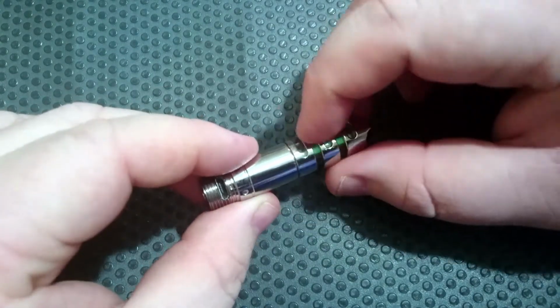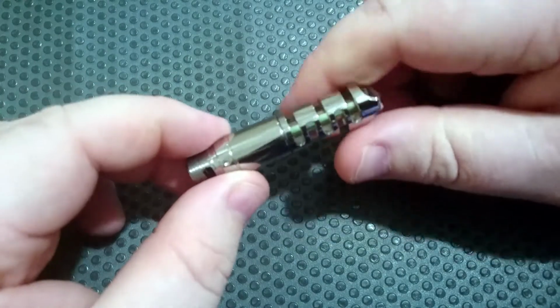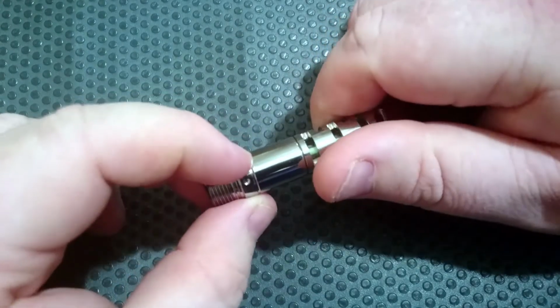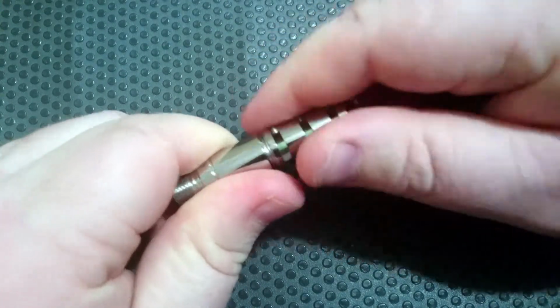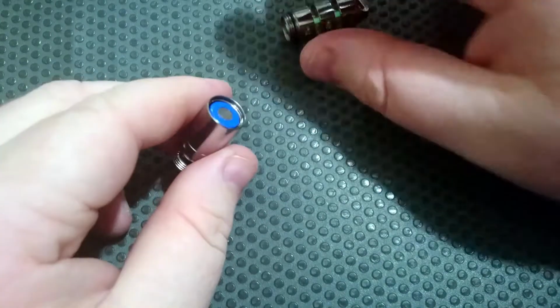It's kind of hard to get a rounded edge unless you want to get out a file or sand it down by hand, which you could do yourself if you wanted to make it feel better, but it's not too much of an issue. Look at these very nice indents here, a lot of nice lines and curves. It's a very nice looking flashlight. So we'll take apart the battery compartment,